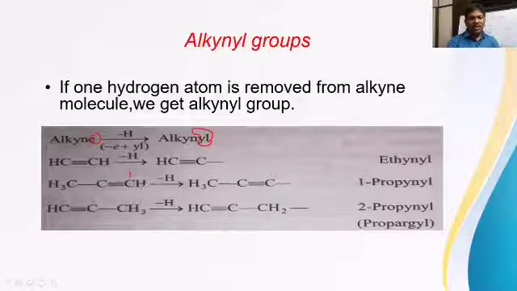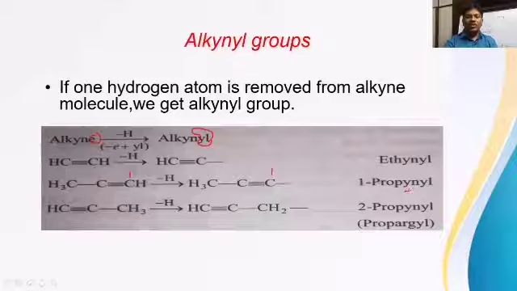In the first example, we have taken off this hydrogen from the triple-bonded carbon. Then we have got CH3, single bond, C triple bond C with a free bond. So now the free-bonded carbon should be allotted the first position, as I told you. So it is the first carbon now. After the first carbon, there is a triple bond here. After the second carbon, there is a single bond.